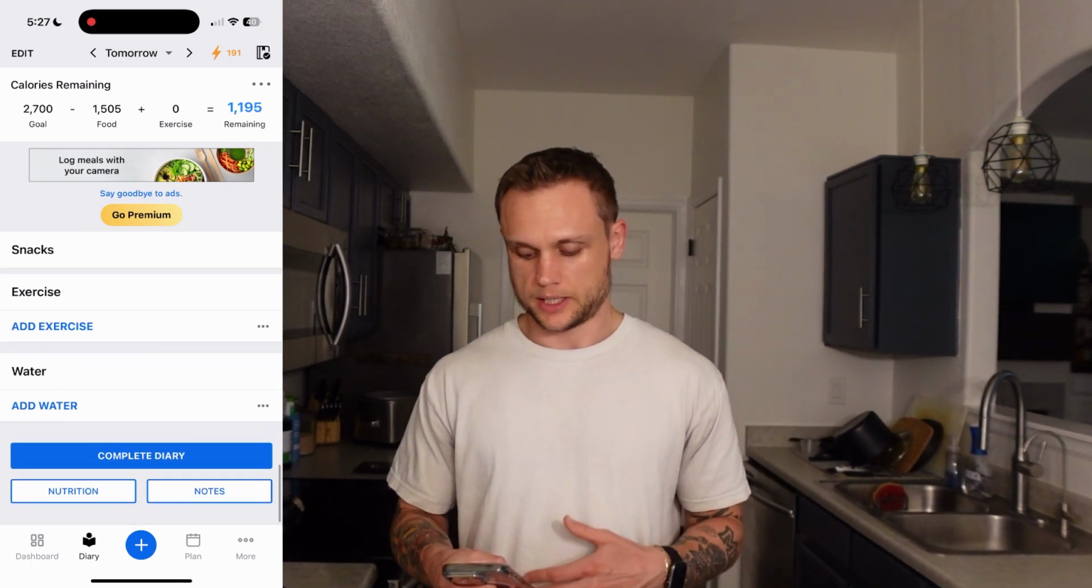So if you can't have your phone while you're working, and you don't have the time to input your calories while you're working, don't worry about it. You can do it the day before, you can do it before you get into work, or whatever the case may be. And if you're sliding all the way down to the bottom of the page, you'll see the nutrition